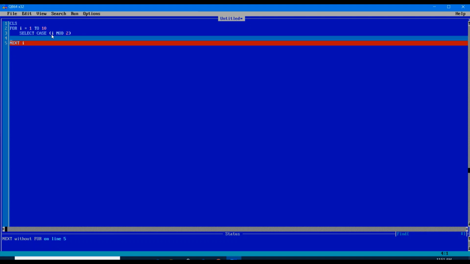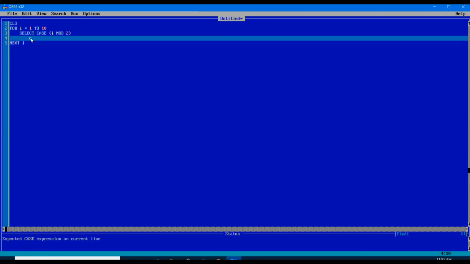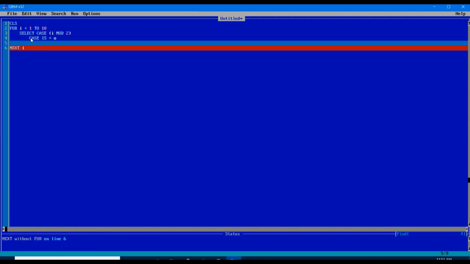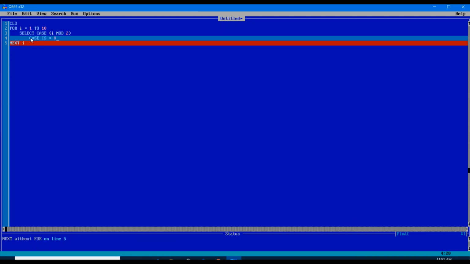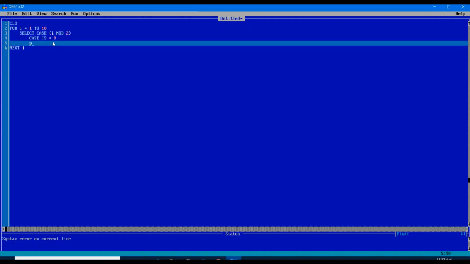I added an expression, I mod 2, which as you surely know tells whether a number is odd or even, right? So here we go, we have case equal to 0. If this expression is equal to 0, then print